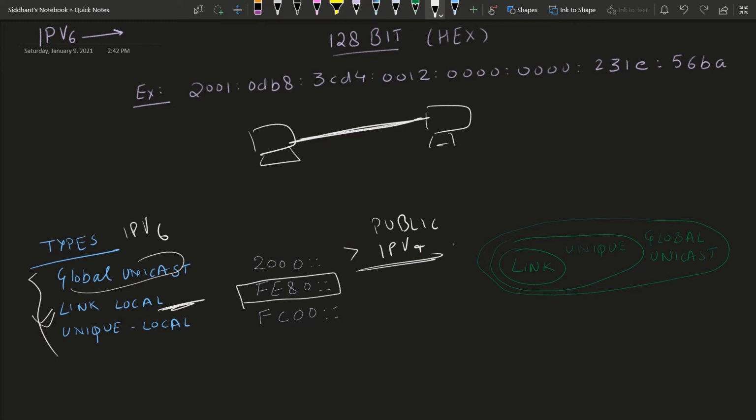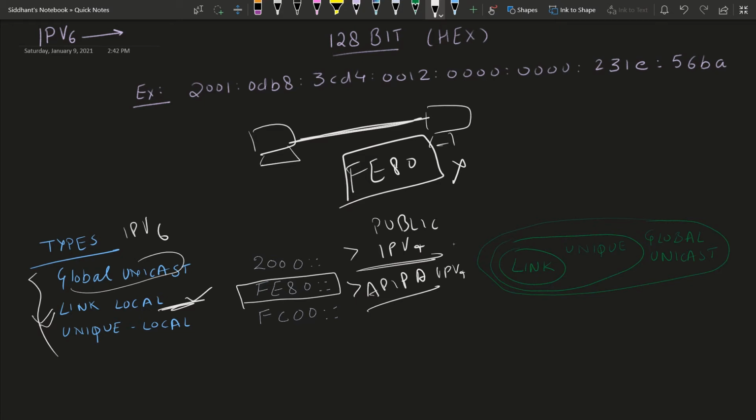If you search for an IP address on your device, in Linux it is ifconfig, in Windows it is ipconfig, you can see that these link local addresses are allocated by default, starting with FE80. These are not routable and not public addresses. You can compare these link local addresses with APIPA, automatic private IP addressing, in IPv4.